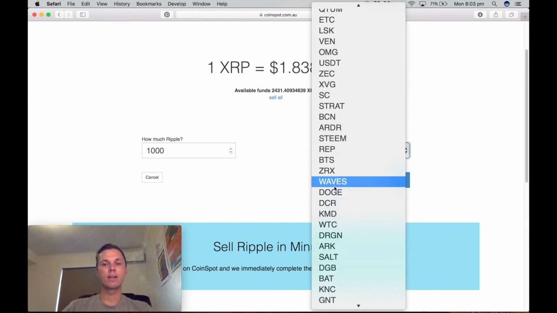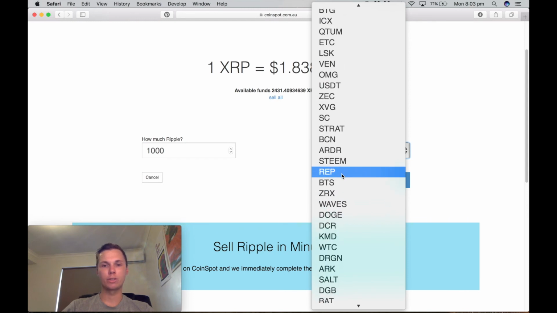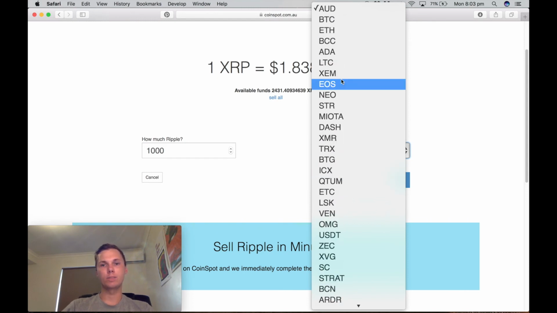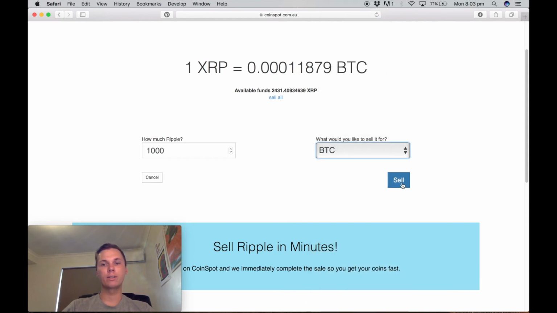They have all the smaller coins on here if you want to do that transaction. So just say for example I want to do Bitcoin, and then it will tell me how much Bitcoin I will get for doing a transaction on 1,000 Ripple. Or rather, sorry, for 1 Ripple, it'll tell me how much it's worth for one. So one Ripple is currently worth